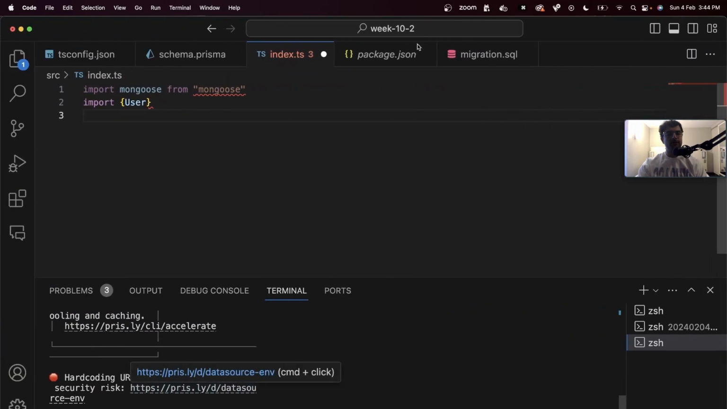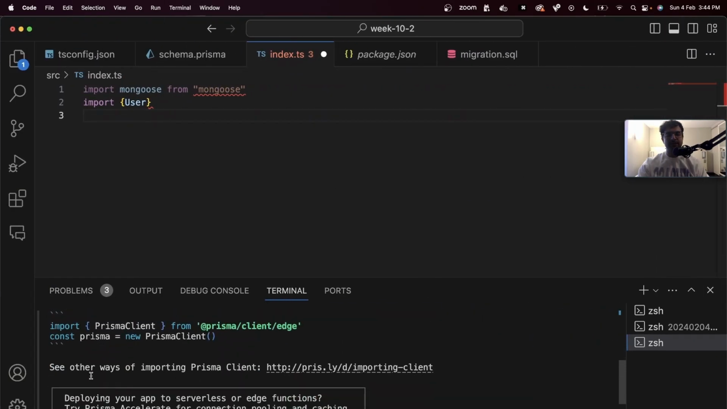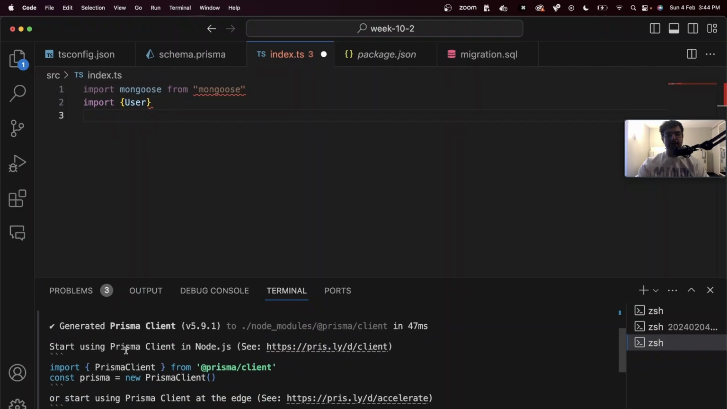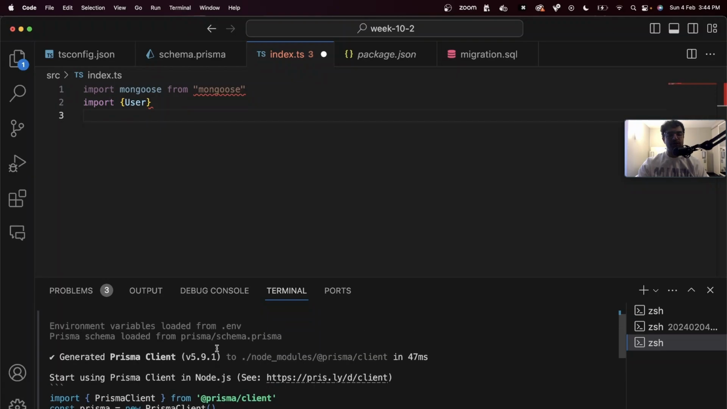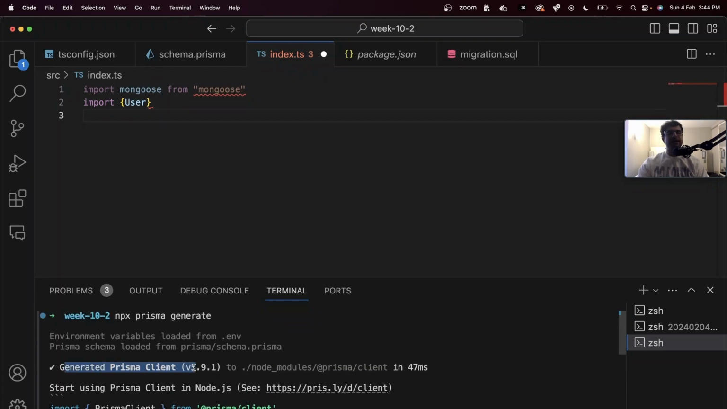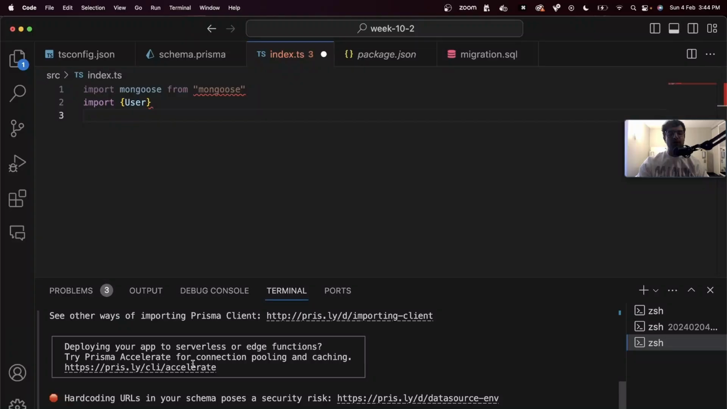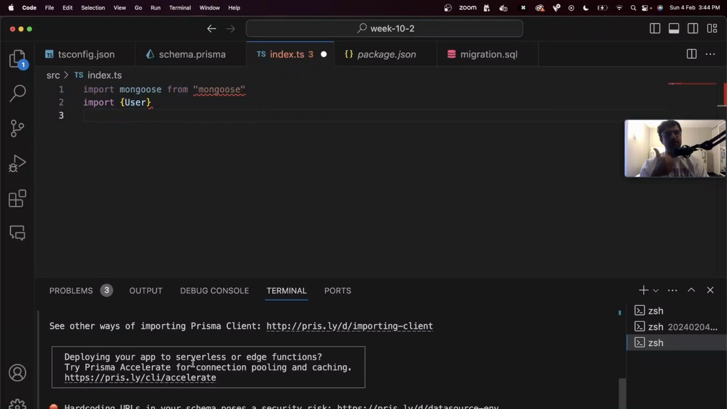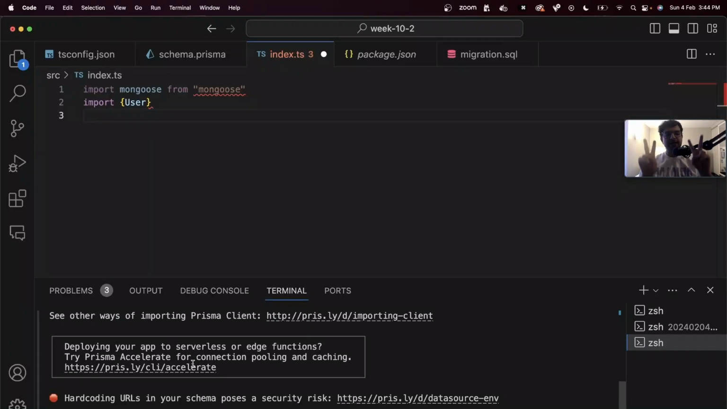And if all works fine, you will see it says start using Prisma client in Node.js. Prisma client has been created, and so on. Basically, it should not give you an error. If it doesn't give you an error, basically you're good to go. It has generated the client. What is the client? We will see very soon. But